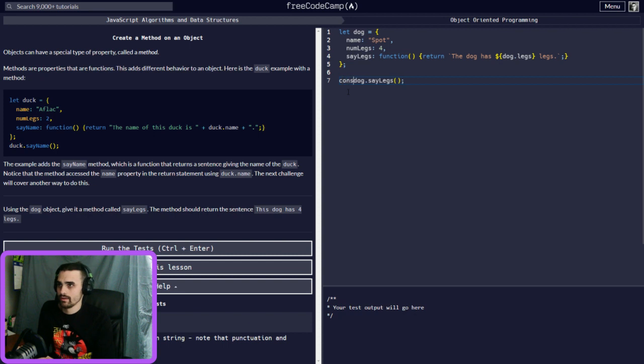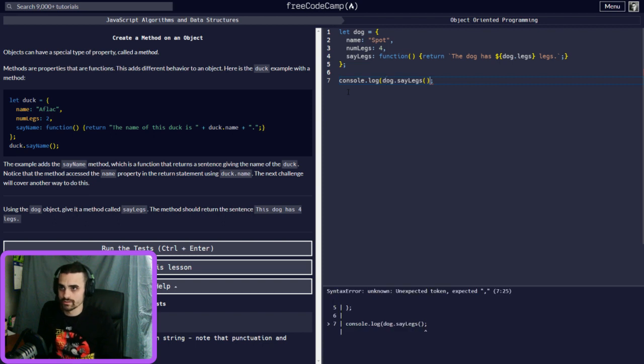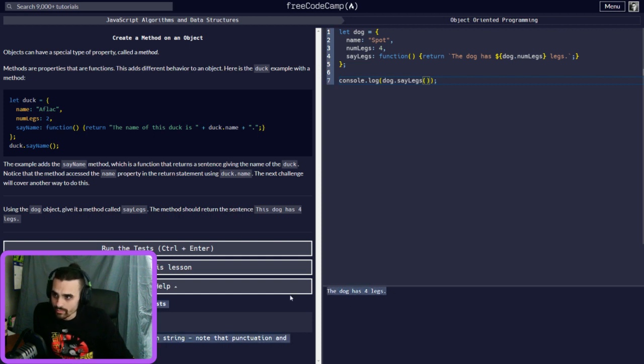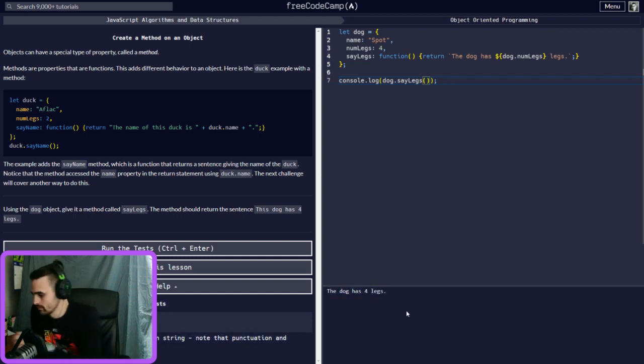And then when this prints, it should say it. To make sure that it's doing what we want, we do our console.log to show what it's doing. And the dog has undefined legs. Oh, that's because we didn't do it exactly the way it was supposed to. We didn't just put legs in here. It's numLegs. So we have to do num and then legs. See? Now it actually shows the 4. So you gotta make sure that this is exactly correct. So the dog has numLegs. And so we call that function for sayLegs, and then it prints us back these 4 legs.